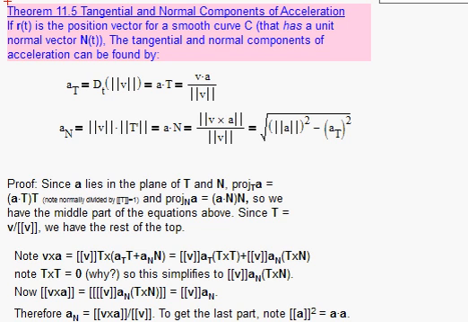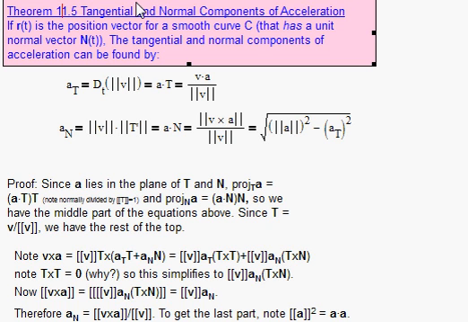Well, this is an interesting, maybe a little bit tricky proof. It's Theorem 12.5, Tangential and Normal Components of Acceleration. If r of t is a position vector for a smooth curve C that has a unit normal vector N of t, then the tangential and normal components of acceleration can be found